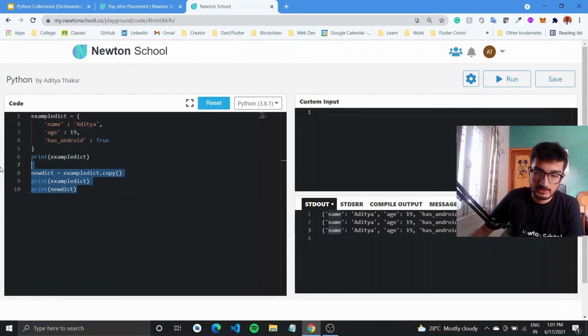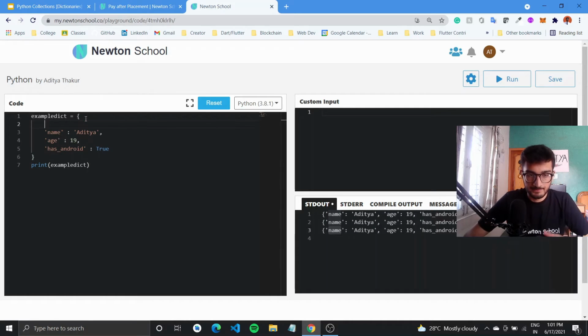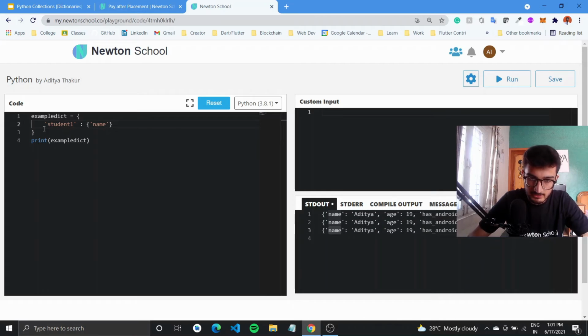Now there is also another thing that I want to show, something called nested dictionaries. Let us say you want to have multiple data of students. What you can do is create one dictionary nested inside of the other. How it would work is, first I'll need to specify a key. Let us say student1, and then inside my value I'll create a new dictionary, and I can specify the values as key value pairs. So I'll go name